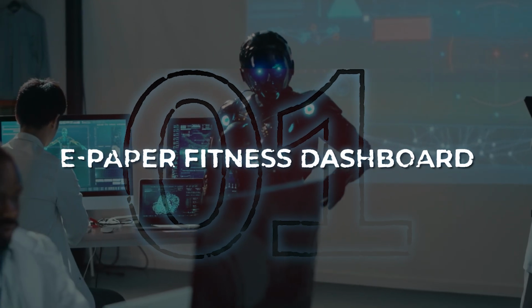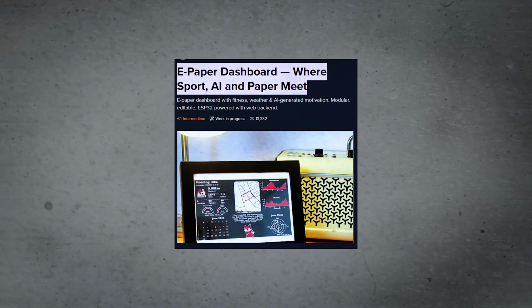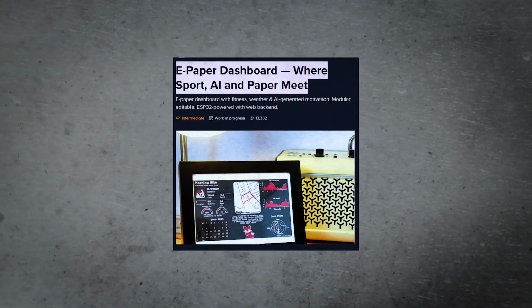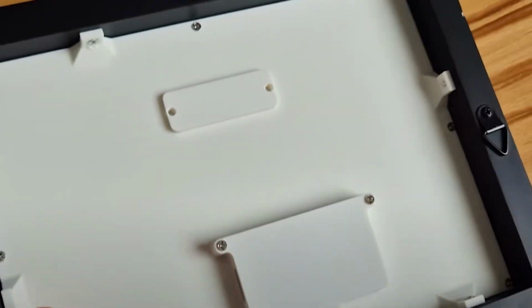AI coach that never sleeps. The ultimate fusion: ESP32 driver, 7.5-inch tricolor e-ink, Pi 5, and on-device Gemma LLM, creating custom motivation from your Strava and Garmin data. The numbers: